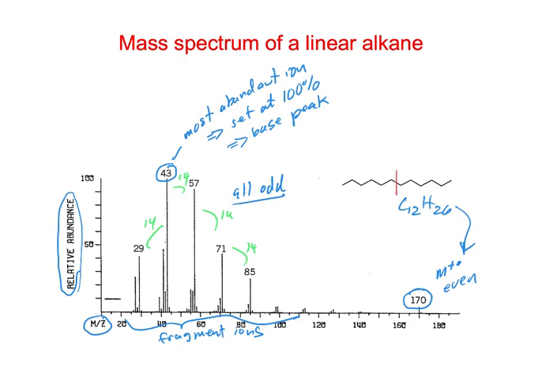Well, let's see, 1, 2, 3, 4, 5, 6. This is in the middle. So we could draw it like this, and this would be 85, right? Because it's split in half. Down here would be 71. If they split and the charge goes to that side, so the arrow shows which side the charge is going on to, this would be 57, 43,